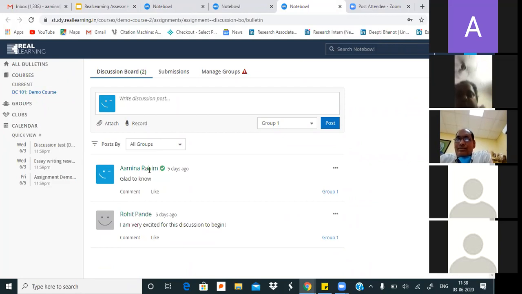If you will see, it is a conversation format. Not only is it a conversation format, students can also send in files supporting their discussions and conversation. Suppose they can attach say a document or an image or even a video to contribute to the discussion. They can go ahead and do that as well through the discussion board.